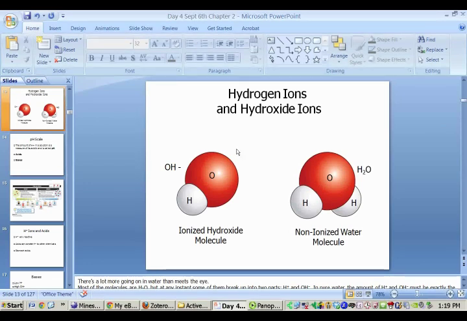So when we look at something like water, water is usually like the picture on the right, which has the oxygen with the 2 hydrogens coming off of it. But at any point, one of those hydrogens can break off and leave behind an OH minus or hydroxide ion, and so that gives it a